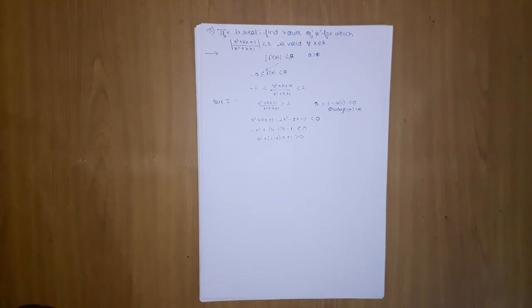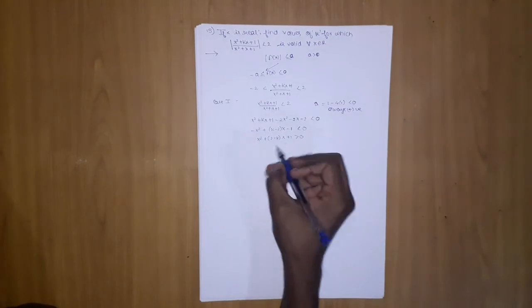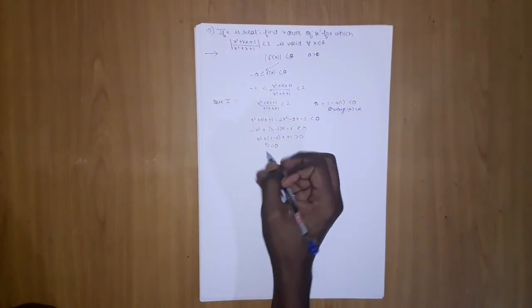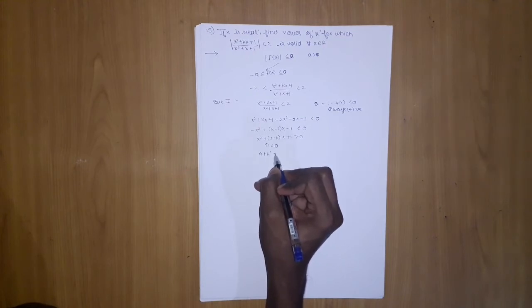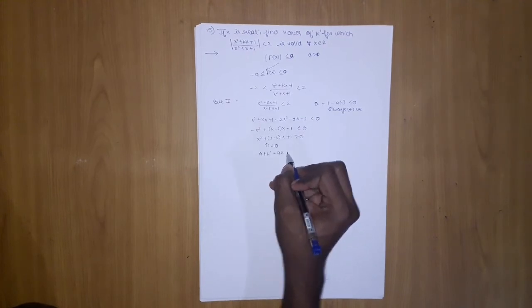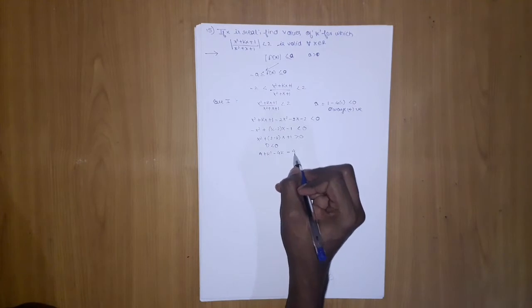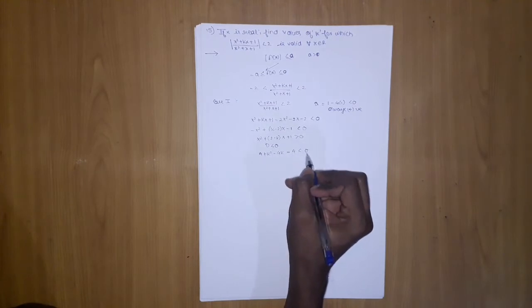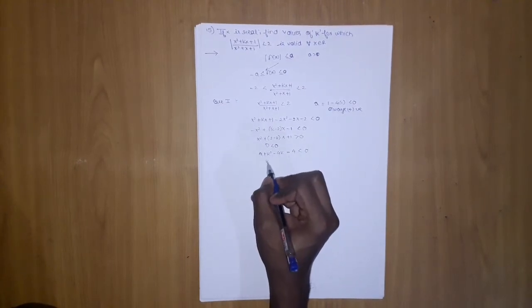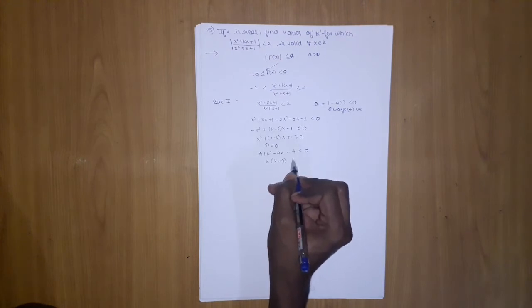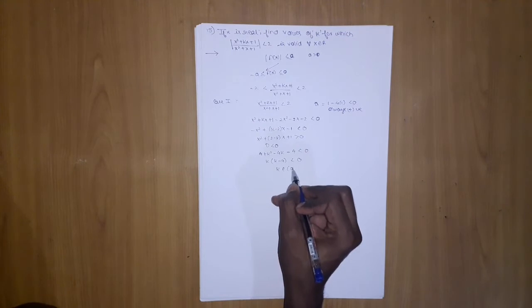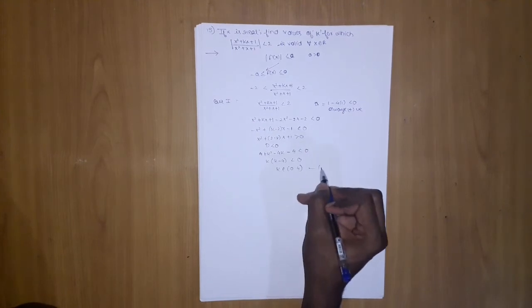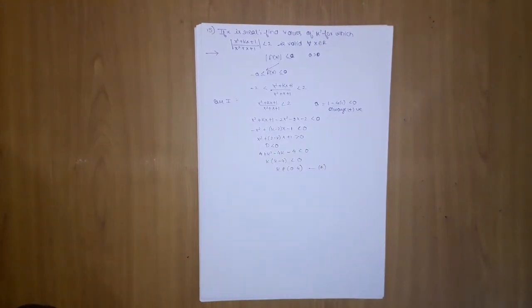Okay, so we got this from this thing. It is greater than 0, so D should be less than 0. If I make it like 4 plus k square minus 4k minus 4 should be less than 0, these two will cancel out. If I take k common, k into (k minus 4) should be less than 0. So here k belongs to 0 to 4. Let us call it A.